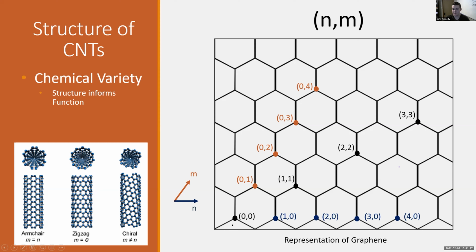If you start at 0 and trace this whole hexagon, then your next lattice point is going to be at the connection to that one. So here we have 1, 1, 2, 2, and 3, 3. These are two very important groups.